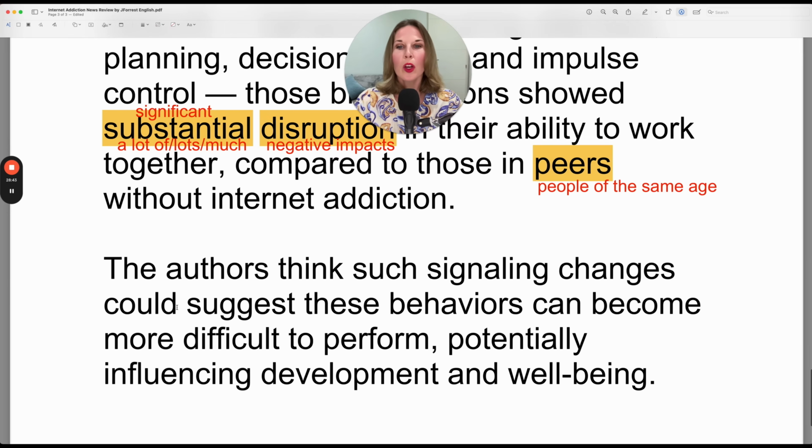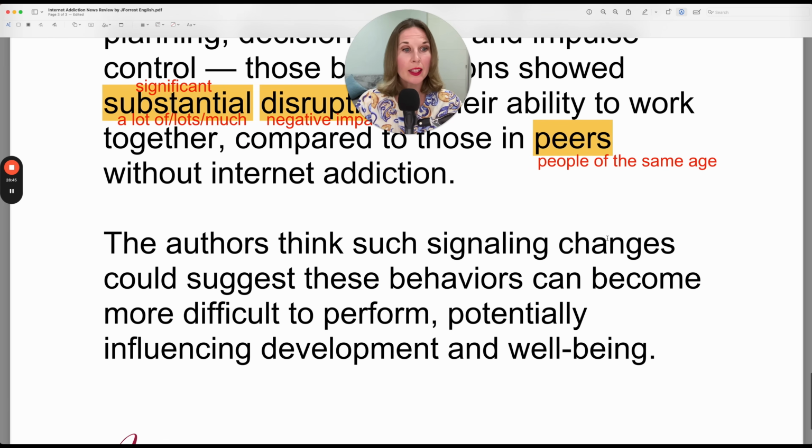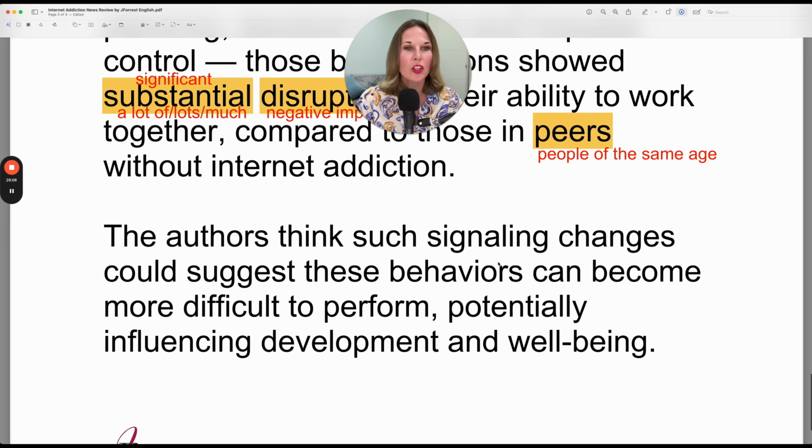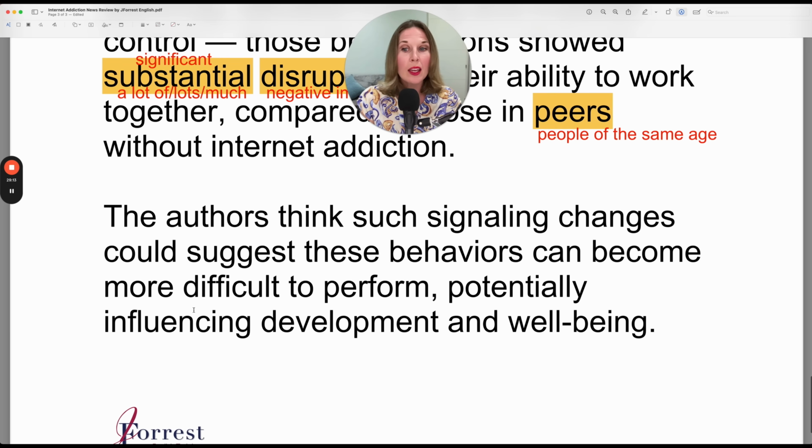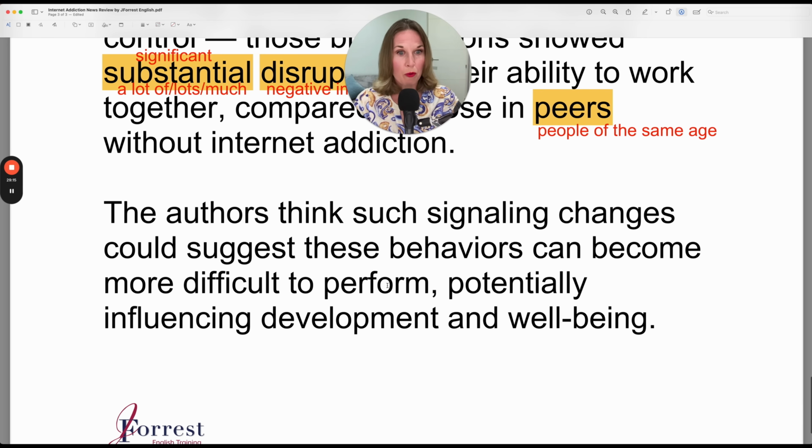Let's continue. The authors think such signaling changes, so remember, signaling is just how those wires in your brain connect or communicate with each other. And the changes for the people with internet addiction is those connections were impaired. They weren't working as well. They weren't working properly. The authors think such signaling changes could suggest these behaviors can become more difficult to perform,